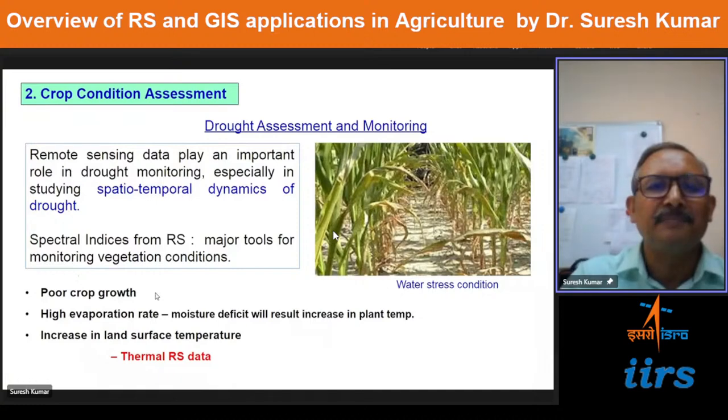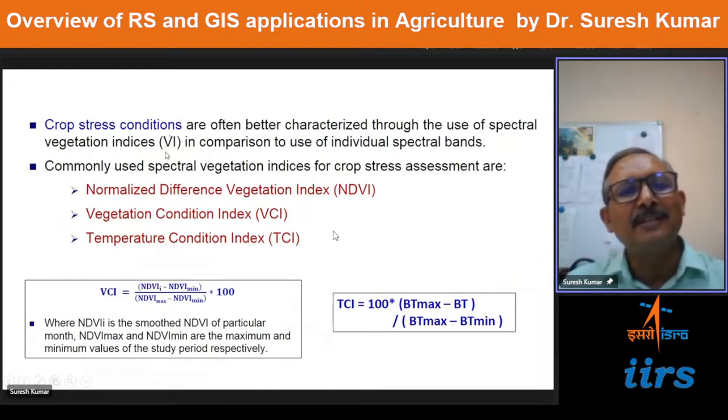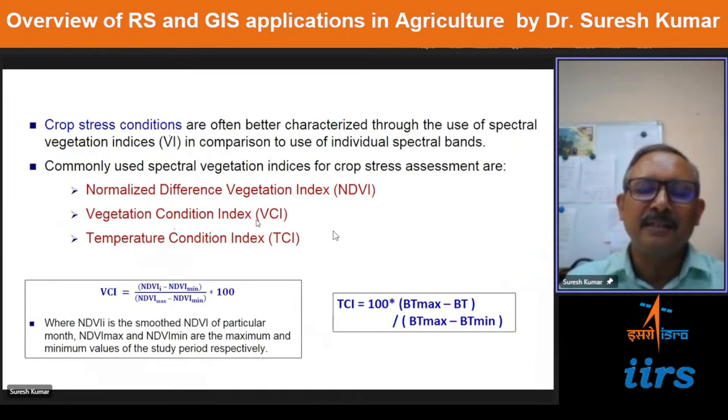assess the drought condition. What we do, we study the crop stress conditions using spectral indices. We use normalized difference vegetation index NDVI, vegetation condition index VCI, temperature condition index TCI. And you see the formula is given here for how to calculate this. So using these indices and the soil moisture content and the rainfall conditions of the area, we calculate the drought